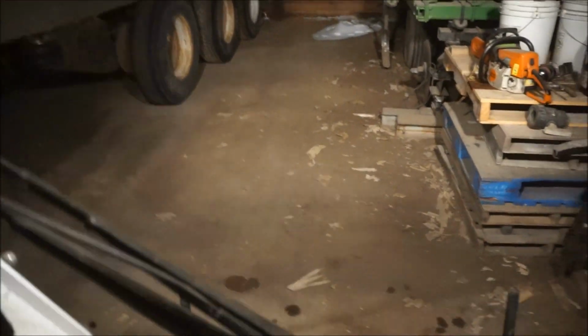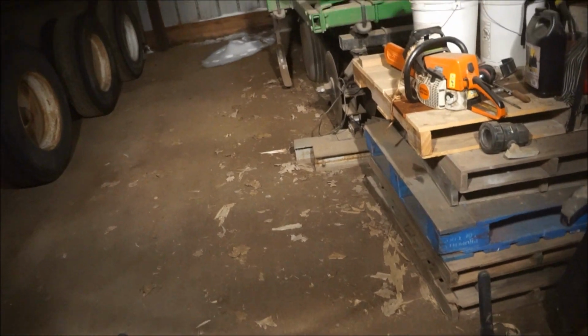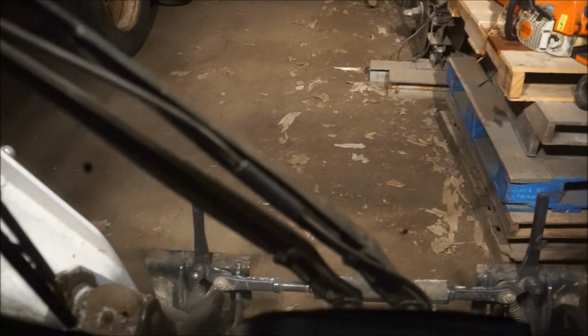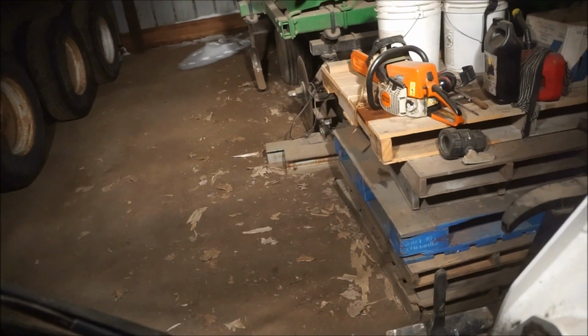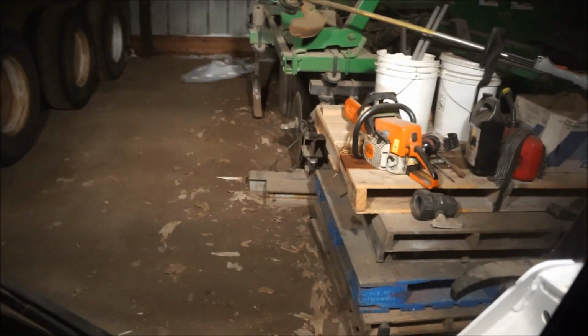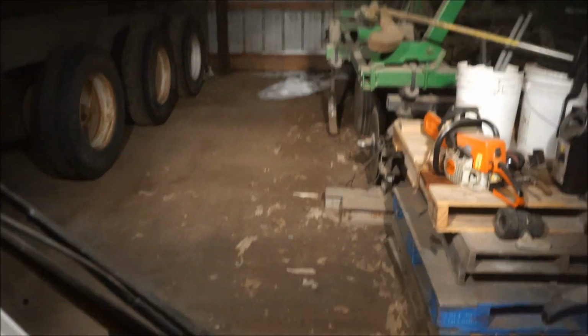A little bit difficult in the dark shed here. Shut the lights off, everything is dark. Got to find your way to the light. So, you know, on the combine it's kind of nice. They have it where if you had the lights on when you stop the machine, you shut the lights off, you stop the machine, and they actually come back on for like 2 minutes, which is kind of nice. Allows you to get down and get to where you need to be. So we'll get out of here and